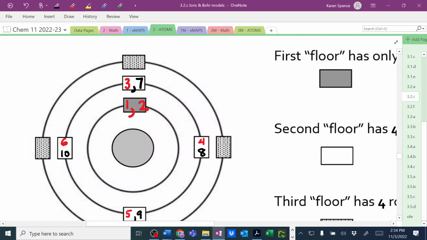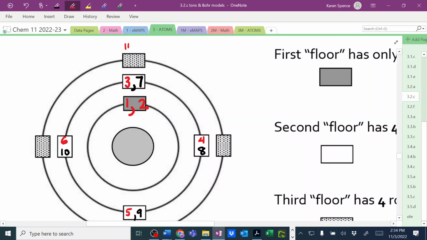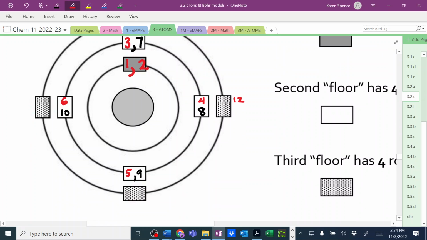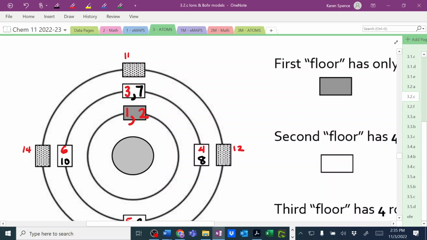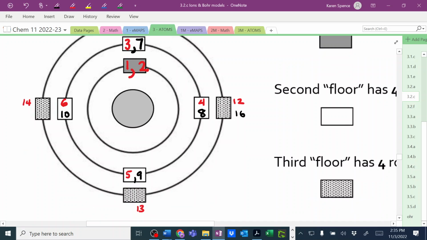You would have 11, 12, 13, 14, 15, 16, 17, 18. And then if you do have to do a 4th shell,